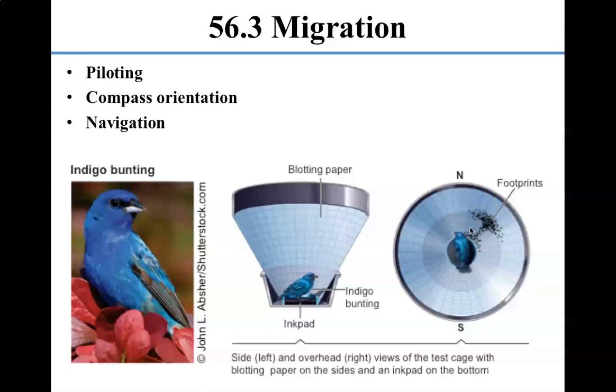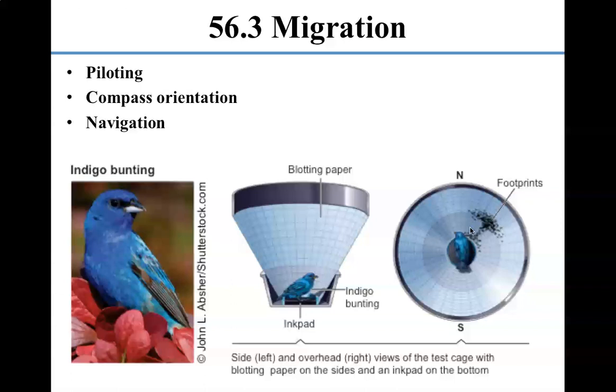Compass orientation is doing that in migration. So they might fly south and know that they need to fly south for a certain number of hours or days or for a certain distance. Usually, in order to do compass orientation, they need some sort of internal clock, where they can use something as a compass and they know what time of the year it is. Birds don't have compasses, right? So they would fly in a direction relative to the sun, and they know they need to leave at a certain time of the year when the sun is at a certain place in the sky, and then when the sun is at a different place in the sky, they know it's time to return.